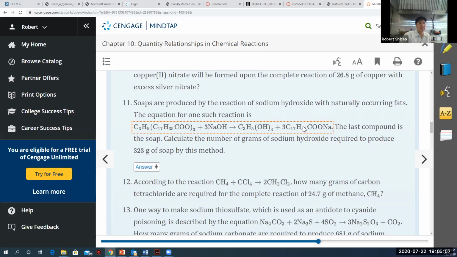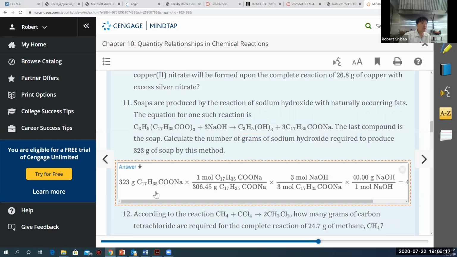And the formula, of course, is going to be different. And so this is just for this particular soap here. And so we go from grams of soap to moles of soap, moles of soap to moles of fat, here, or no, moles of sodium hydroxide. Moles of sodium hydroxide to grams of sodium hydroxide. So grams of fat to moles of fat, moles of fat to moles of sodium hydroxide,